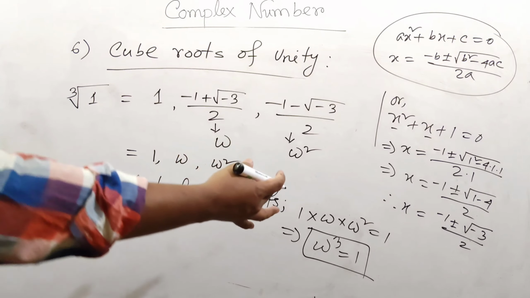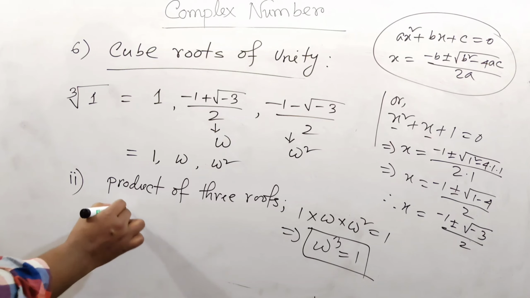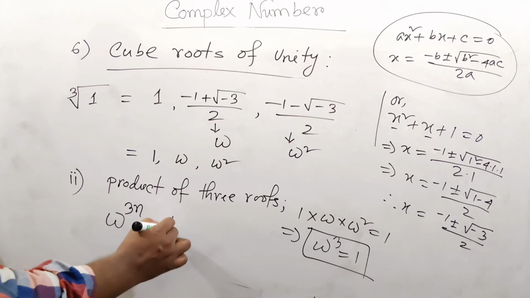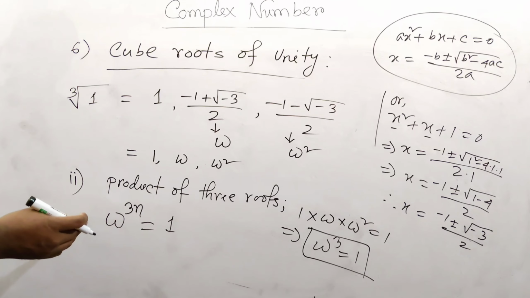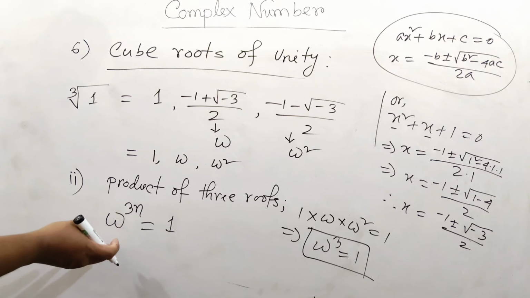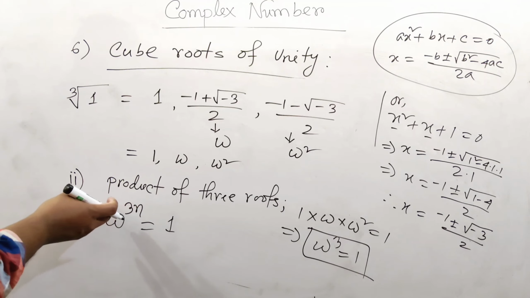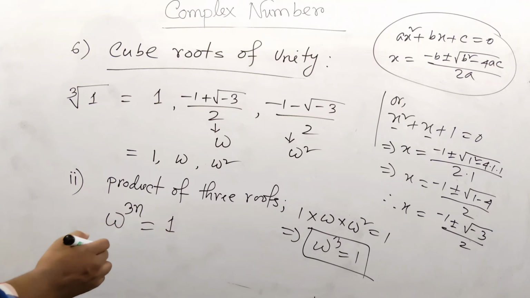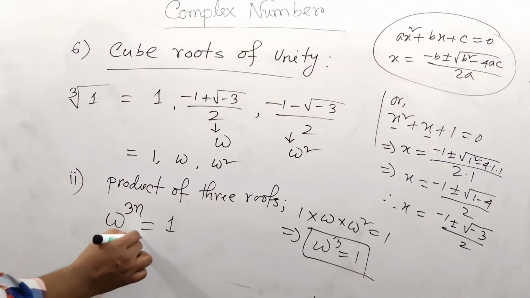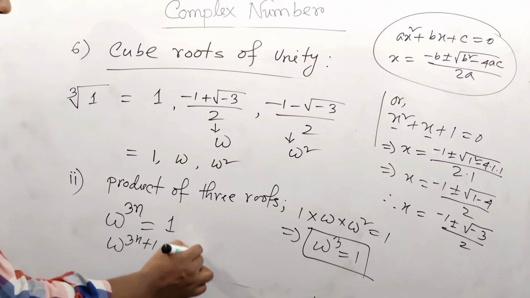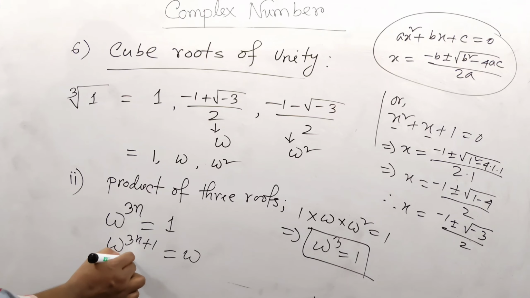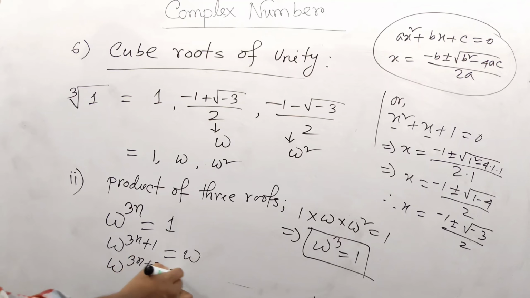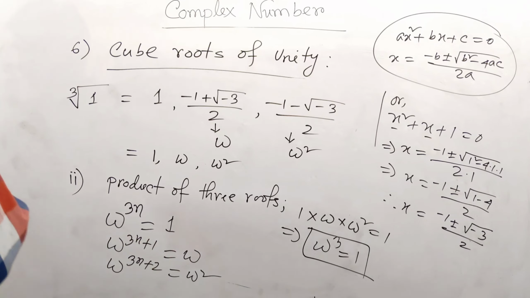So what will be the power of this omega? In general you can say omega power 3n equal 1. That means any power of omega which is a multiple of 3 should be 1. So if it is omega power 3n plus 1, it must be omega. If it is omega power 3n plus 2, it should be omega square. For an example,